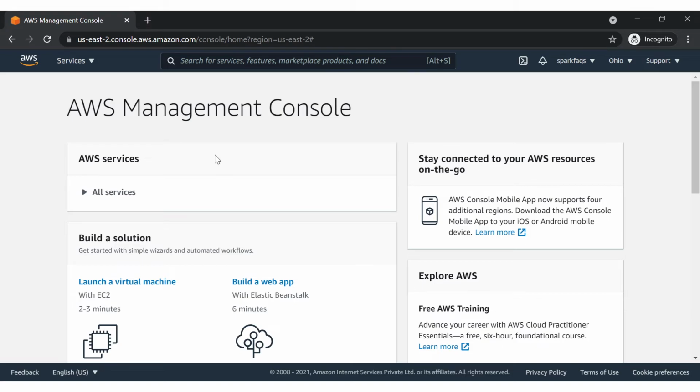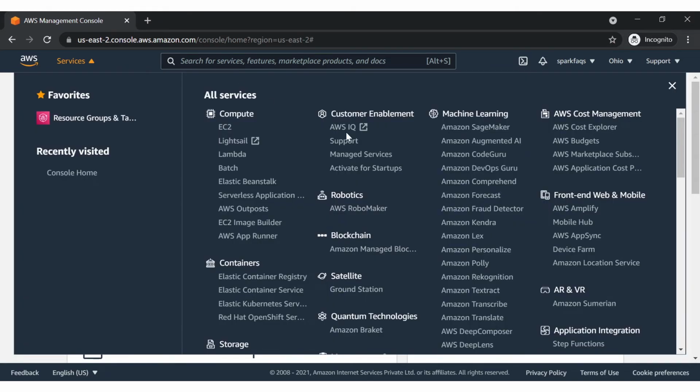This is the AWS management console, the dashboard page. And if you click on the services drop down icon, you will be shown all the services, right? Most of the services provided by the AWS cloud platform, right?